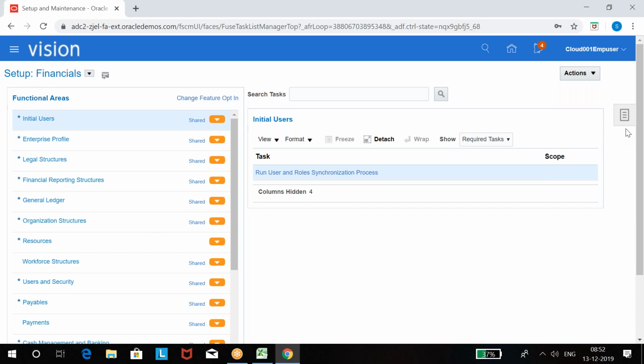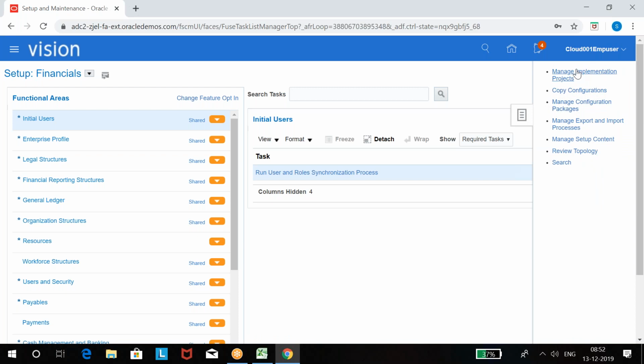If you want to set up, click on this task panel. Yesterday I said, whenever you see this icon on the right side, this is the task panel. When you click on it, it opens and shows whatever tasks are within it. I want to create a new project, so click on manage implementation projects.